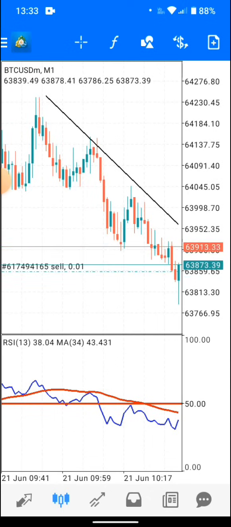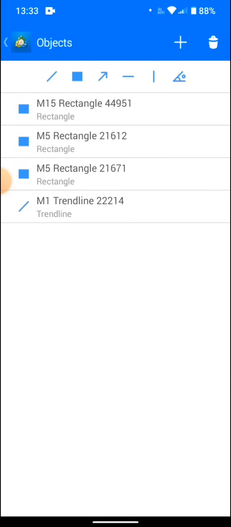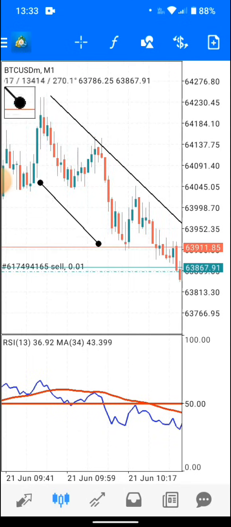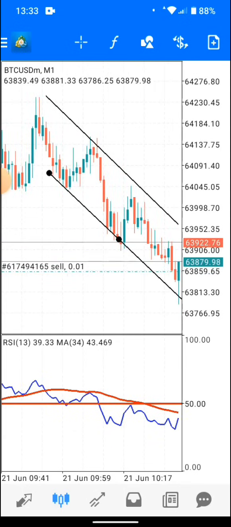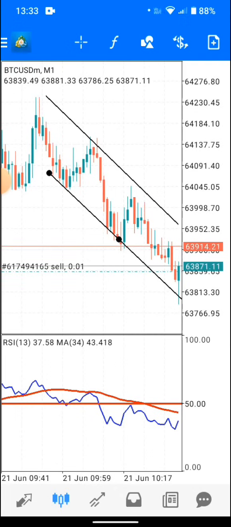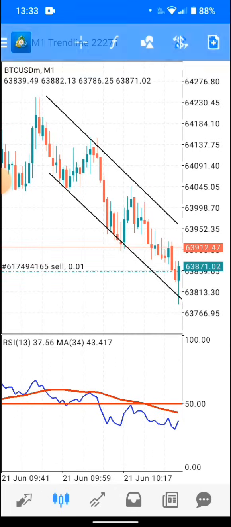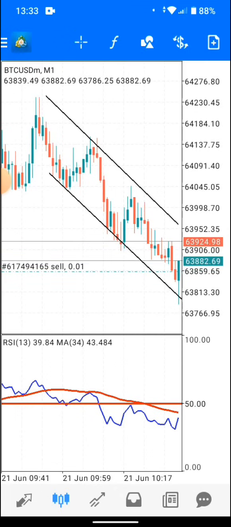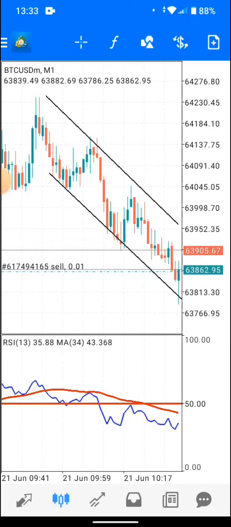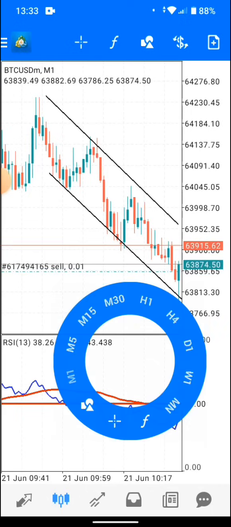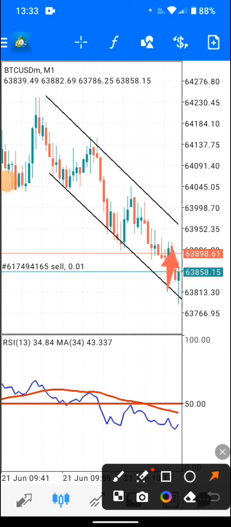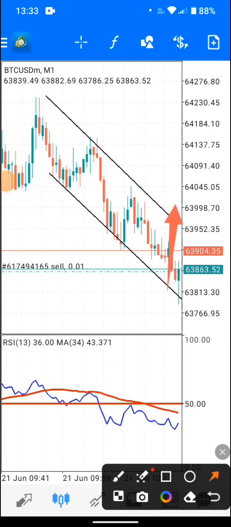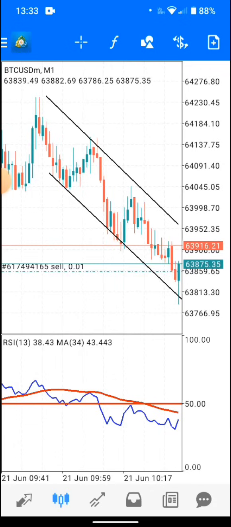Now what you are going to do, we draw this line. And you come again, you draw at this particular bottom again, just connect the bottoms. So now you see you have connected this bottom. This is your trend line. That's the first thing. Even if price comes and moves toward the upside, it's going to reach here and come back and bounce down. This is when you are trading with